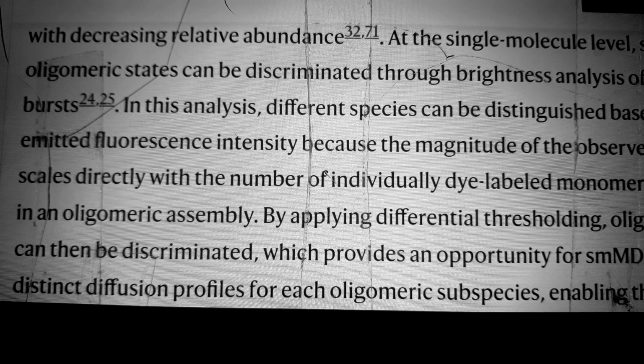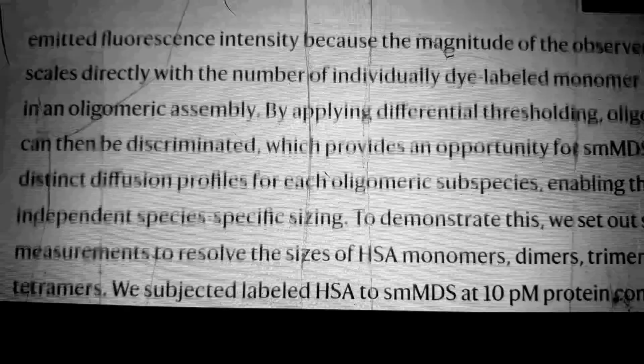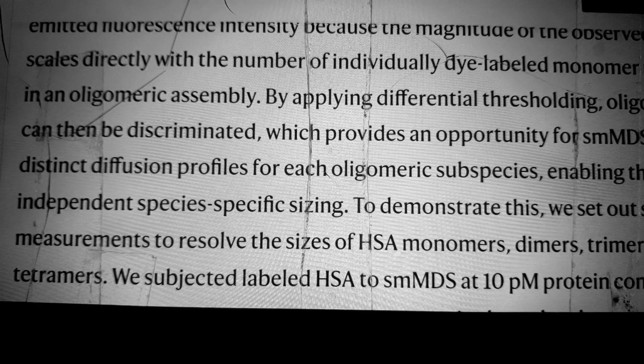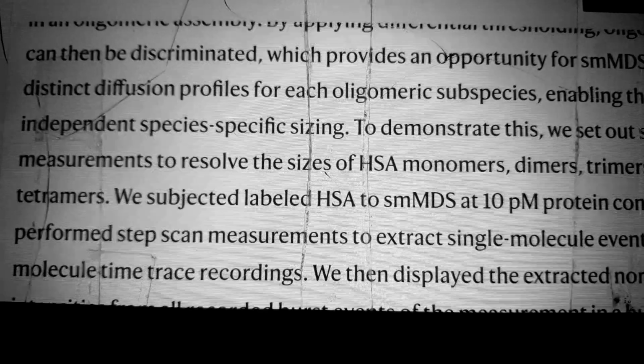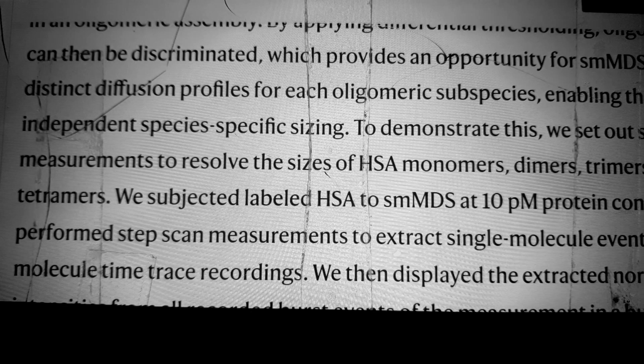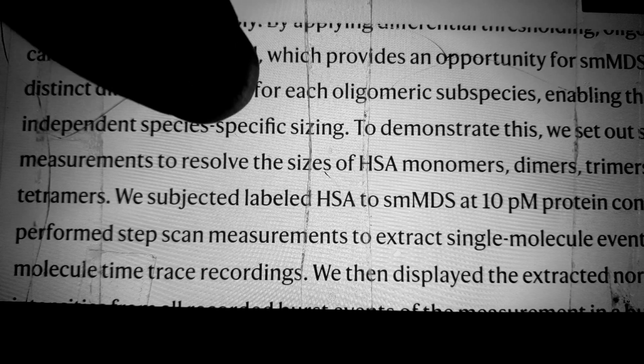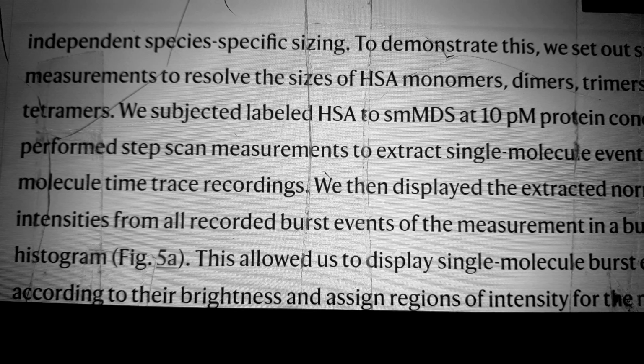In this analysis, different species can be distinguished based on the emitted fluorescence intensity, because the magnitude of the observed intensity scales directly with the number of individually labeled monomer units present in an oligomeric assembly. By applying differential thresholding, oligomeric states can then be discriminated, which provides an opportunity for SMMDS to create distinct diffusion profiles for each oligomeric subspecies, enabling independent species-specific sizing. To demonstrate this, SMMDS measurements were used to resolve the sizes of HSA monomers, dimers, trimers, and